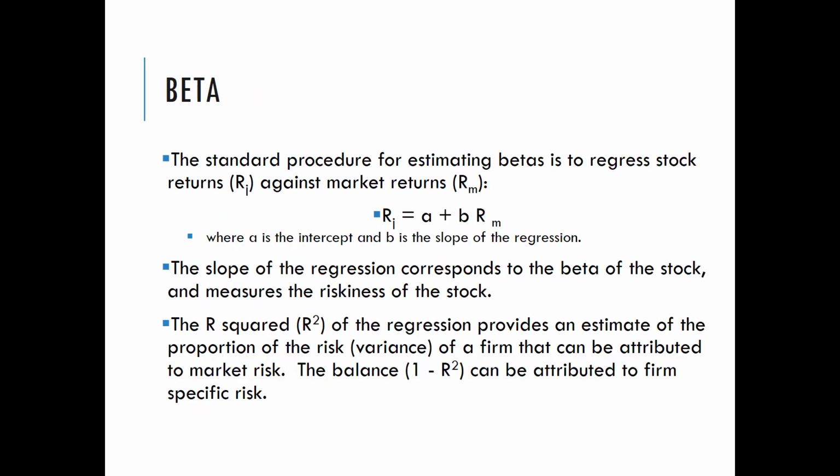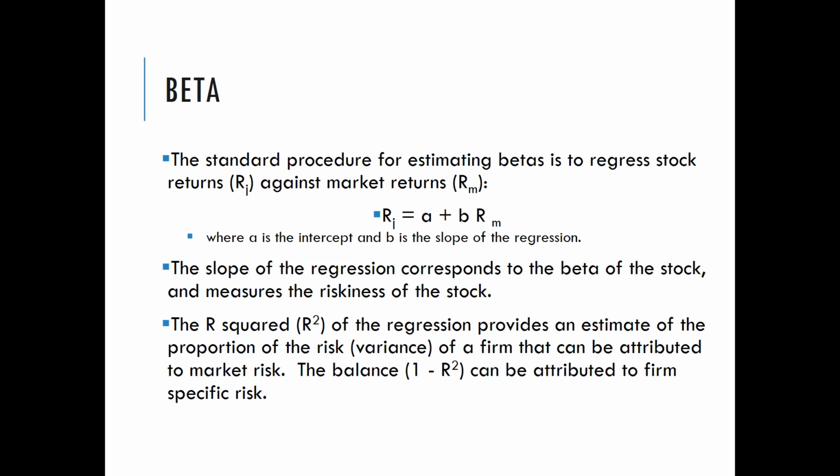Now, we come to the beta. So the beta is really the biggest issue when it comes to any discount rate. The beta is really the most problematic number because it has so many variables that need to be decided on. As I mentioned, the standard way for estimating betas and the way you might have been taught